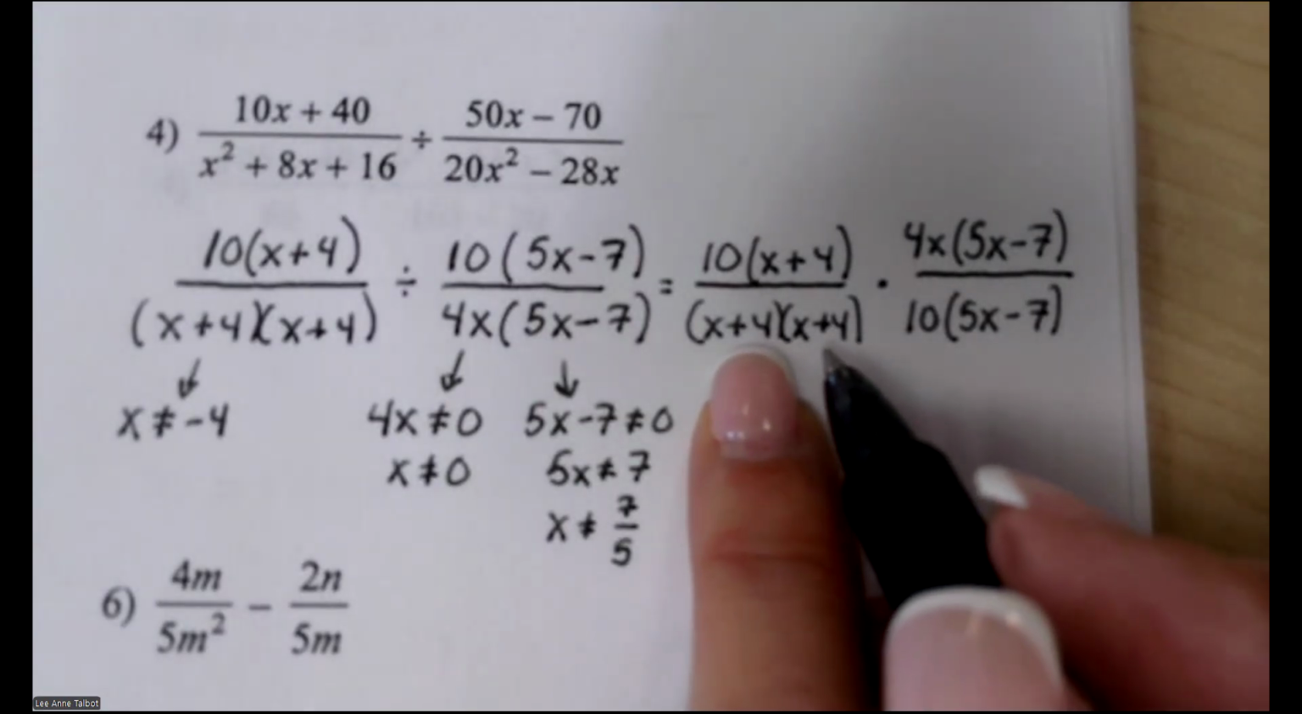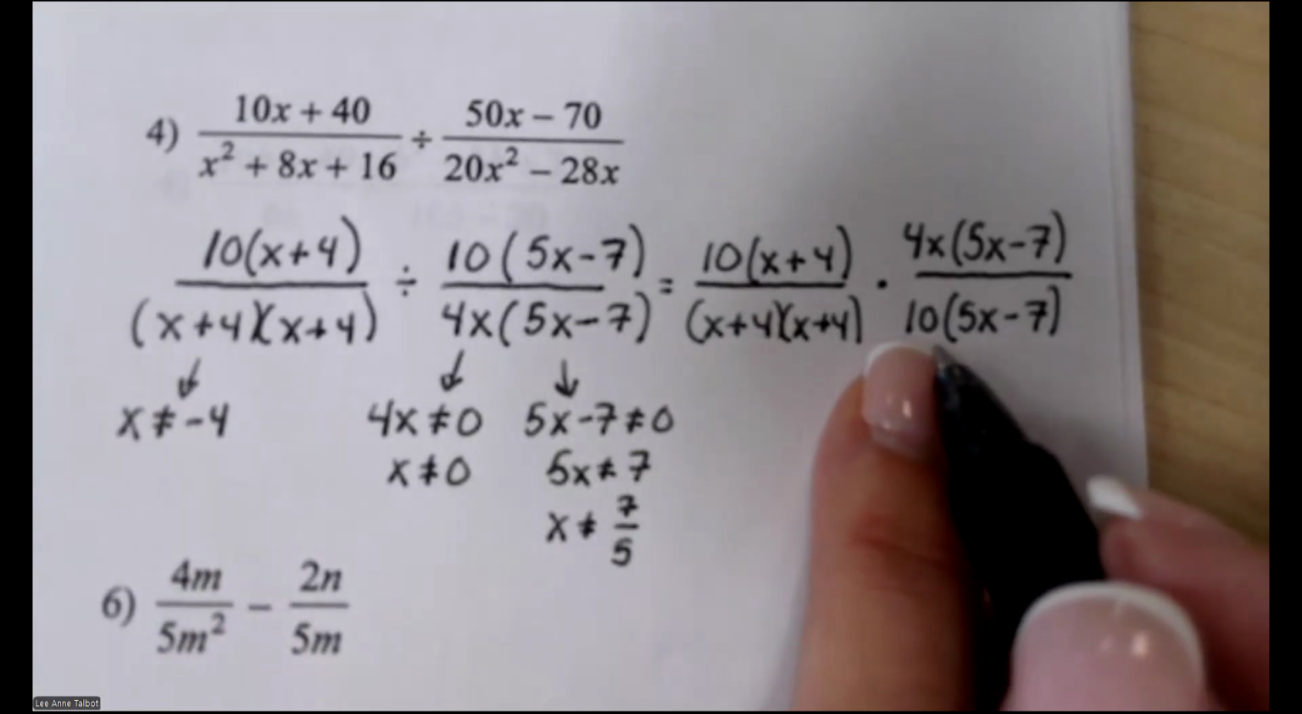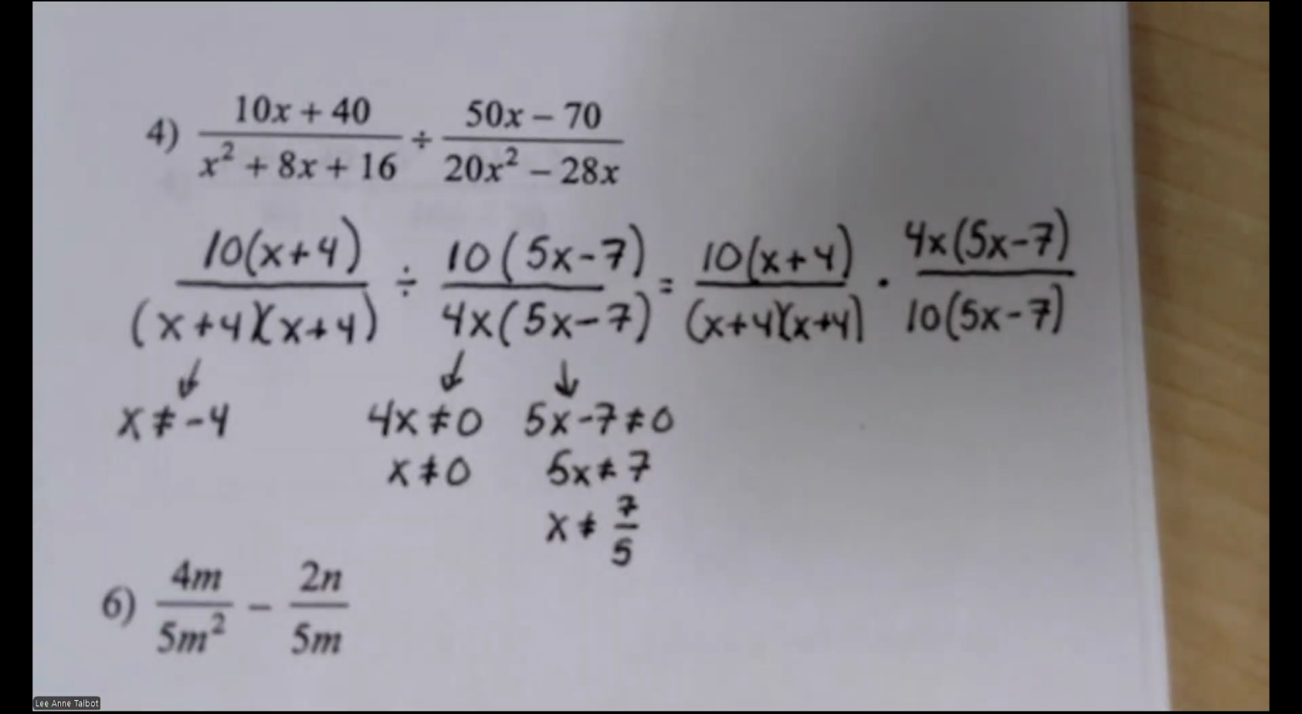Okay, do I need to write either of these two x plus 4s? Nope, I already got it right there. Do I need to worry about the 10? Nope, 10 can't be 0. Did I already get this guy? Yes. Okay, so if you have a highlighter,